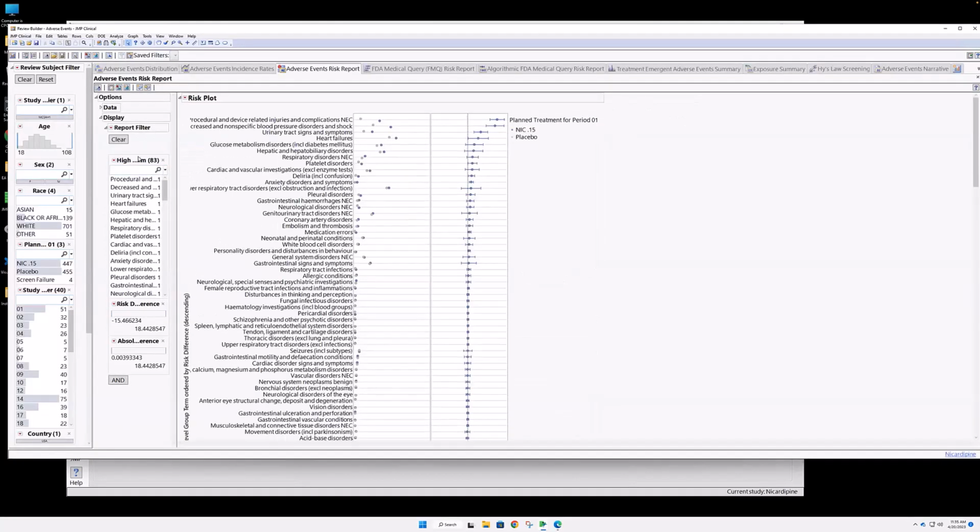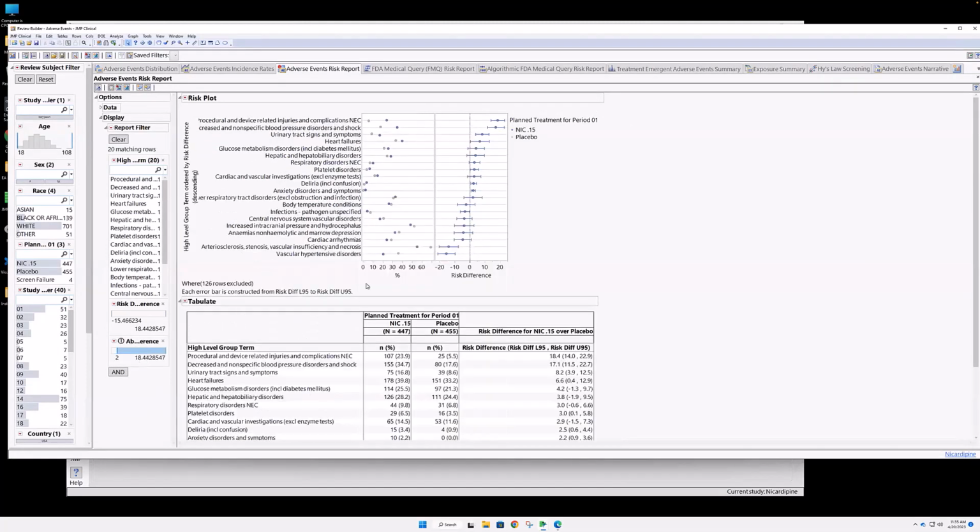And it just reruns and it creates that. And again, I'll filter that down to the more common ones. And you can see that, in this case, in the treatment group where the risk differences are positive, you see things like procedural related issues, non-specific blood disorders, urinary tract signs and symptoms, heart failures are more common in the treatment group, but in the placebo group, you see vascular hypertensive disorders as the most common one, along with arteriosclerosis, stenosis,